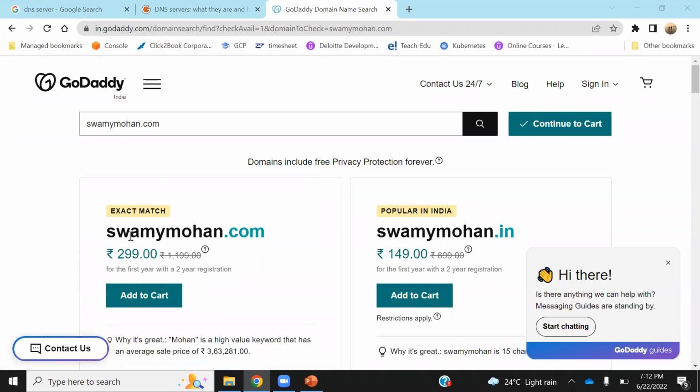So if you see here, swamimohan.com, if I want, I can buy it at 299 rupees per month. It is for the first 2 years of registration. If I go with swamimohan.in, it is 149 rupees for the first 2 years. So basically I can buy a domain name, but if I want a domain name which somebody already has taken,